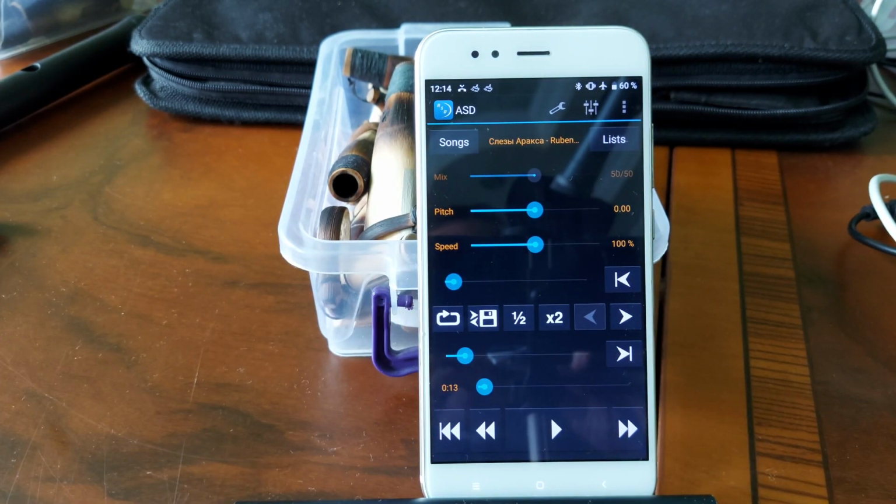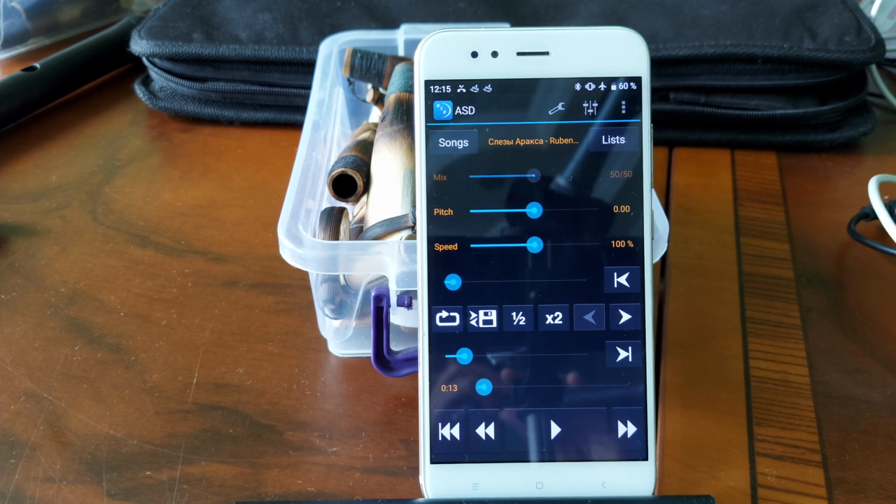Let's do it with the drone. I will play the drone from my computer right now, and I will try to recollect the first two phrases. Like that.